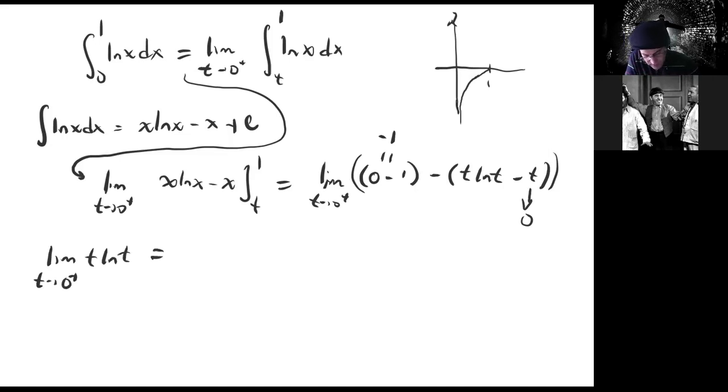Well, we can do this in the following way. I'm going to try to turn this into an indeterminate form. We can convert this into ln of t over 1 over t. And then as t goes to 0, you get an indeterminate form of type minus infinity over infinity. So L'Hopital's rule